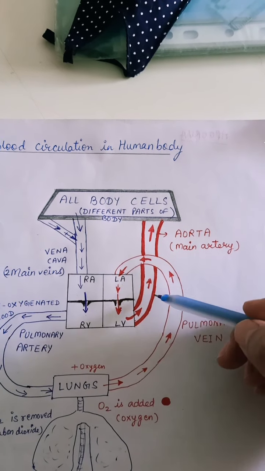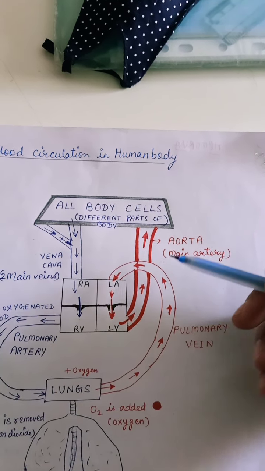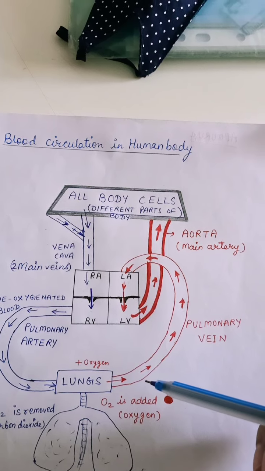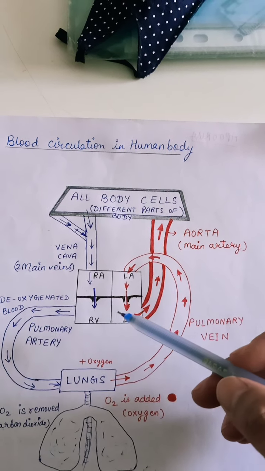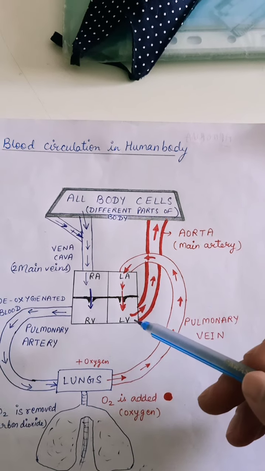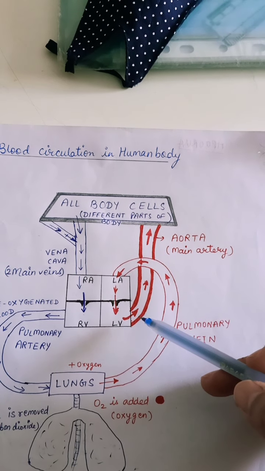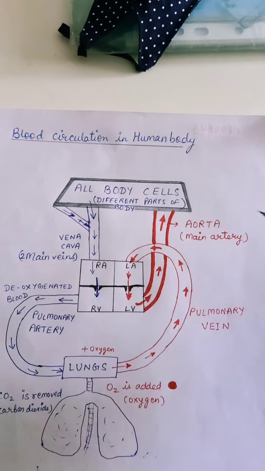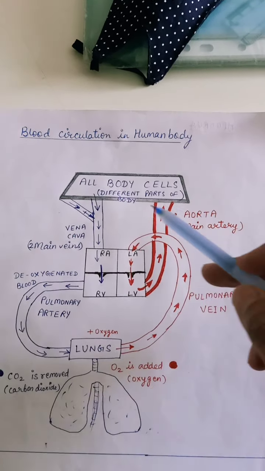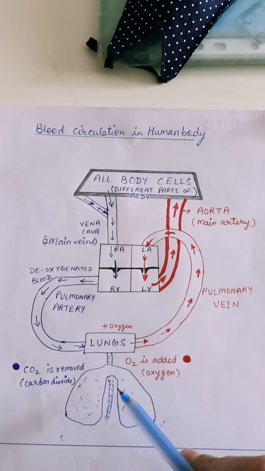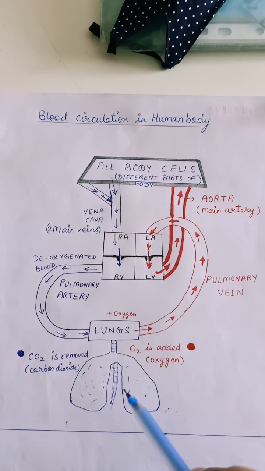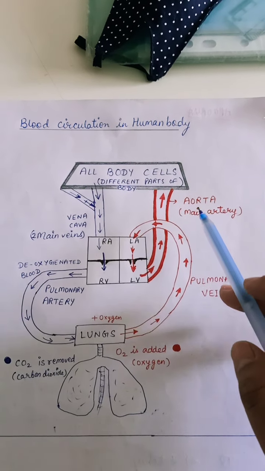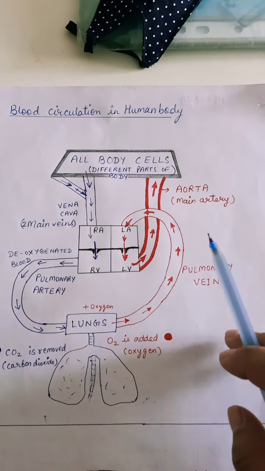As you can see in the diagram, I have drawn artery with thick red pen, because we have learned that arteries have thick walls, so that with the high pressure which is generated by the heart, they are not damaged due to the high pressure of blood flow. That's why the arteries have thicker walls and they are more elastic. Okay, now you have understood how the blood circulates, and lungs also play a main role in the purification of blood by adding oxygen and removing carbon dioxide. Now how do these pure oxygenated blood and deoxygenated blood and the body cells function together?